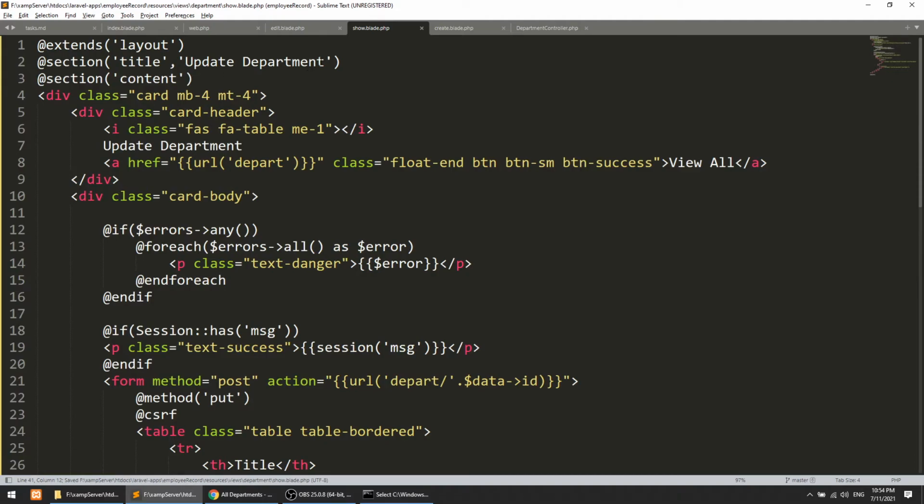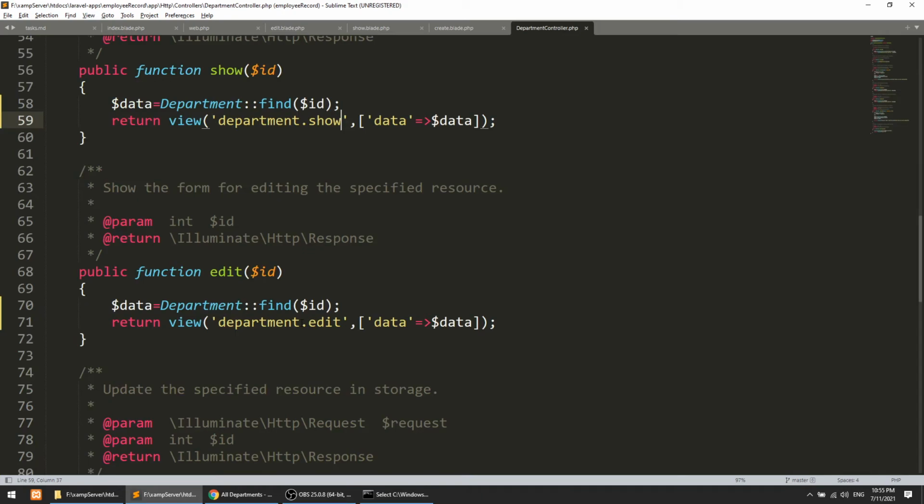Okay, so here we have, so you can say view department. You also have the data in the data variable. You can show the title dynamically, and you can say this is a task for you. You can show the title dynamically here, which we are passing from here. Okay, so you can show that.